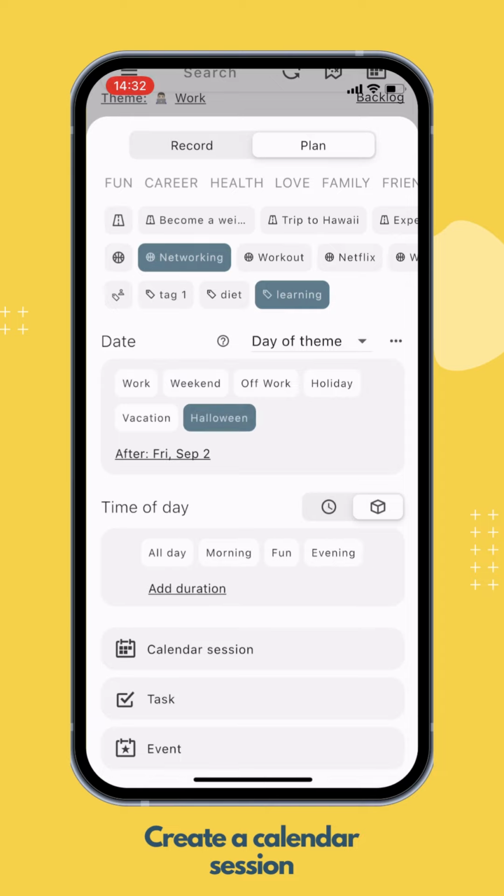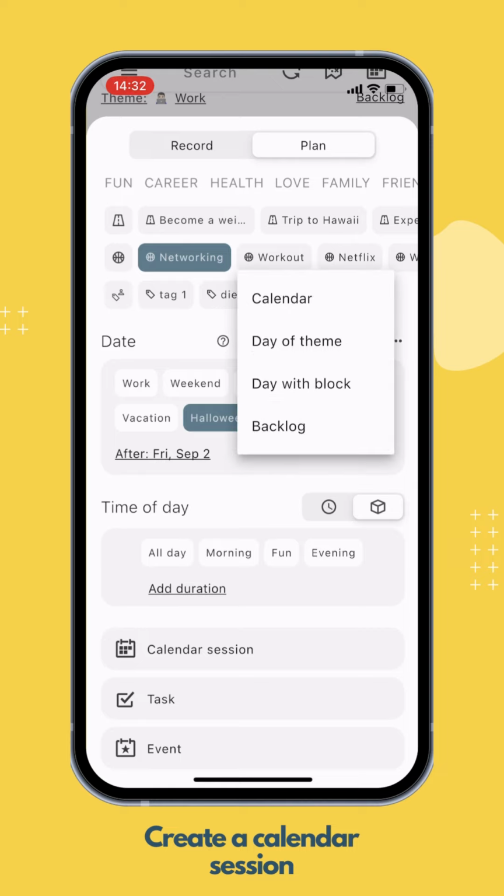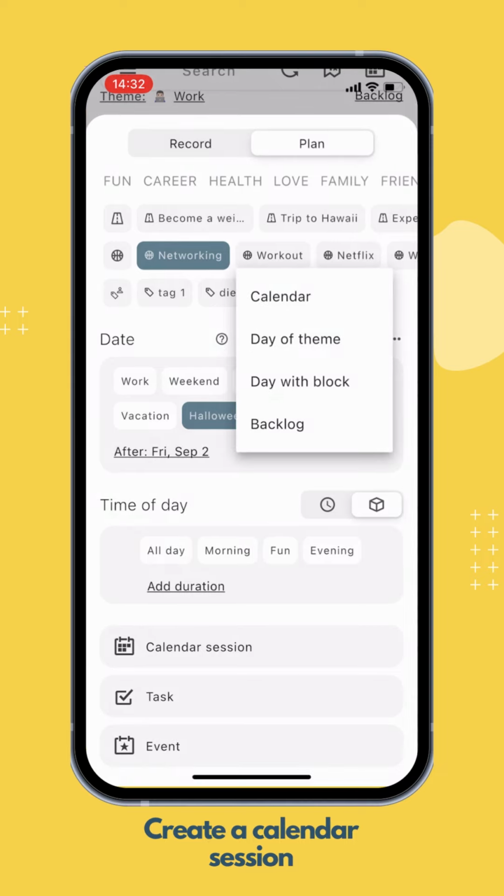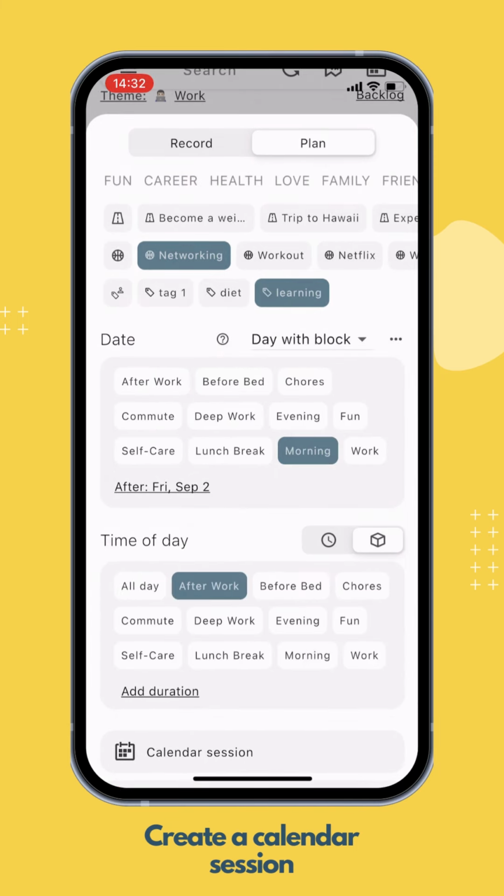You can also specify so that the day must be after a specific date. If there are currently no day with that theme on your calendar, then the app will postpone the scheduling until it's available. The third option is Day with Block, meaning instead of looking for a day with the selected theme